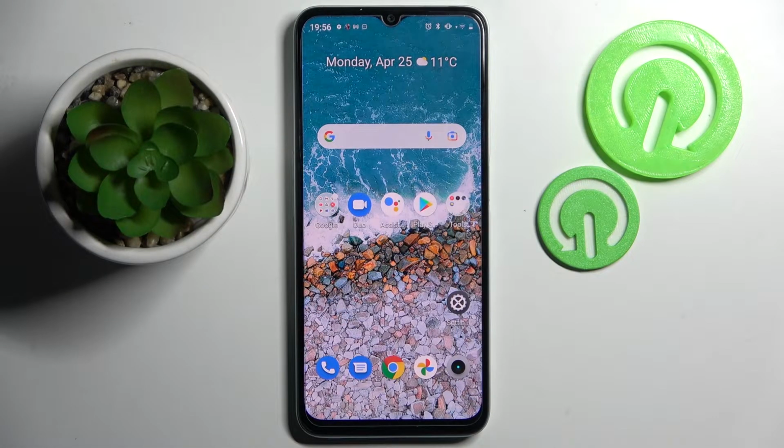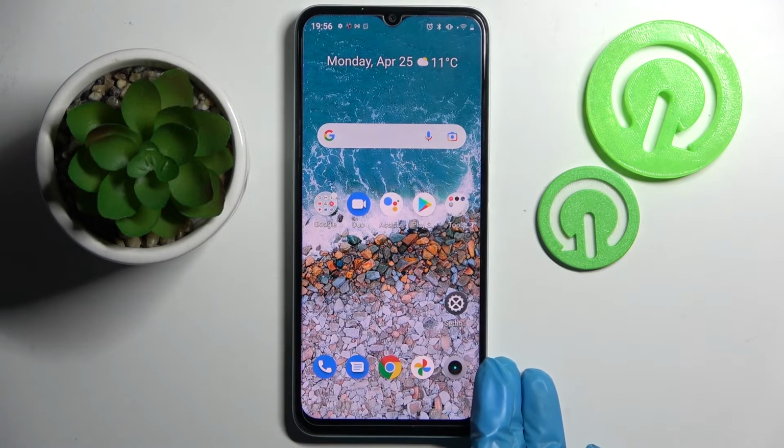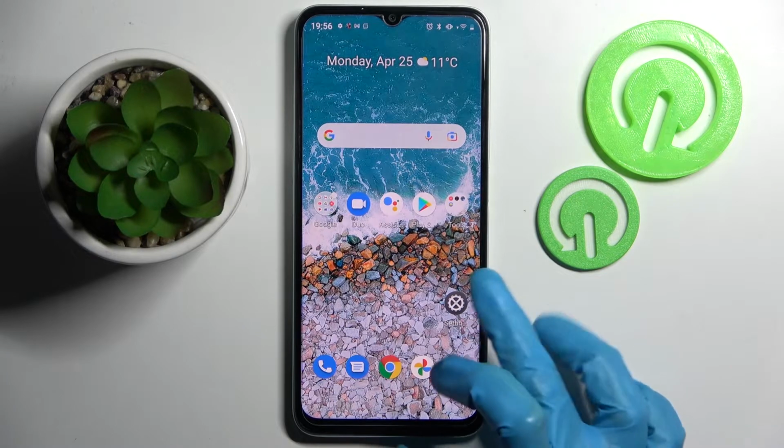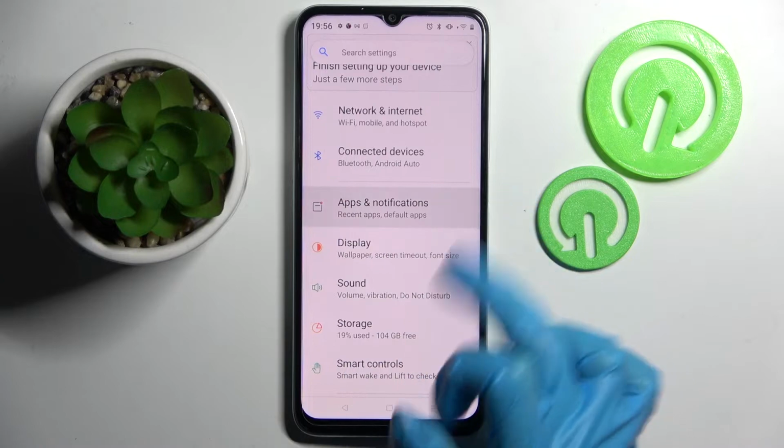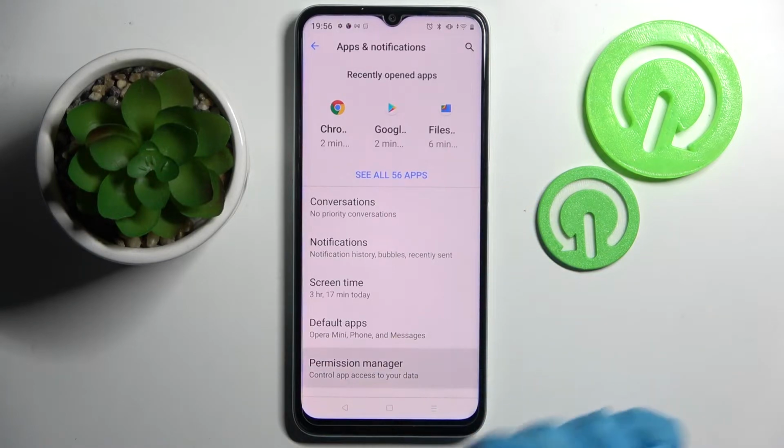Hi! In front of me is Realme Narzo 50A Prime, and today I would like to show you how you can operate App Permission Manager on this device. Start by opening Settings. Now you need to select Apps and Notifications over here, go into Permission Manager and pick